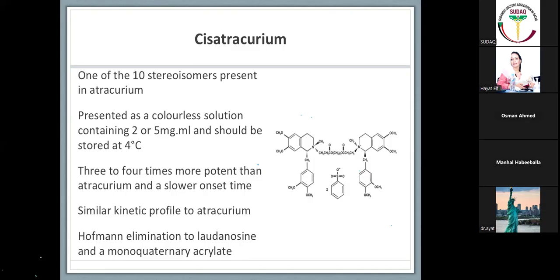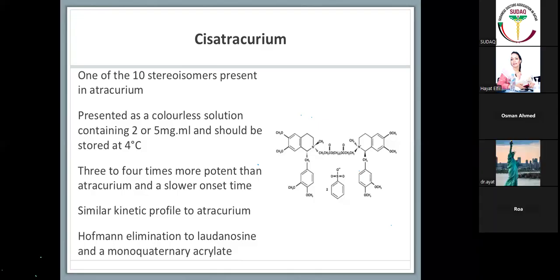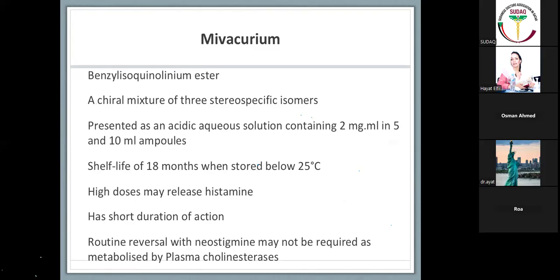So it's kind of similar because they are all benzylisoquinolinium. All of its metabolites are void of neuromuscular blocking activity, so they don't have any neuromuscular blocking effect. Mivacurium, also one of this group, is a benzylisoquinolinium ester,